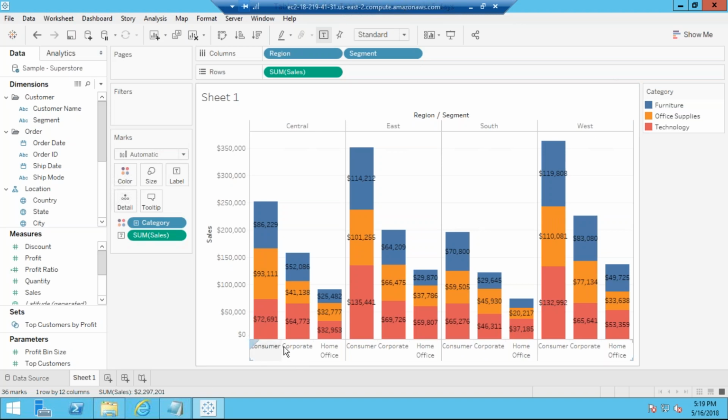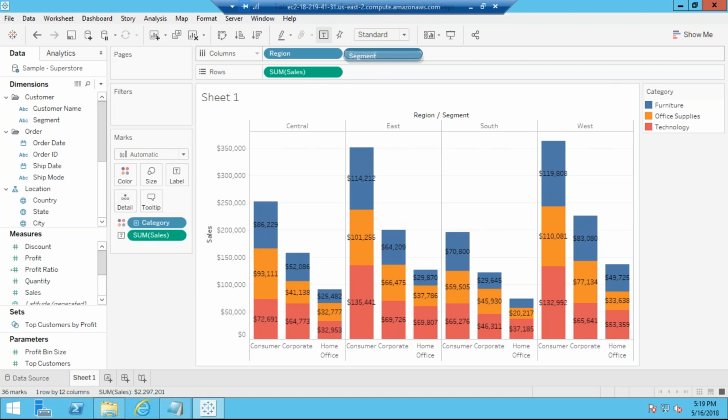I have 3 categories: consumer, corporate, home office. And I have 3 segments here: consumer, corporate, home office. So my data is showing up in the 3 segments, and based on that my sales are coming. This is bringing more and more information in a single view.